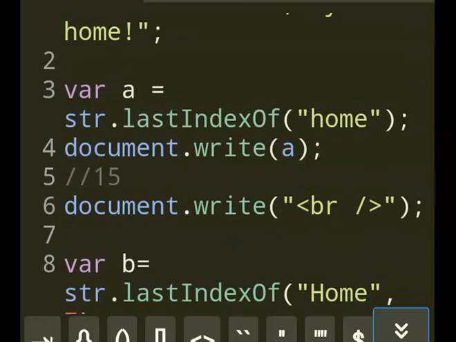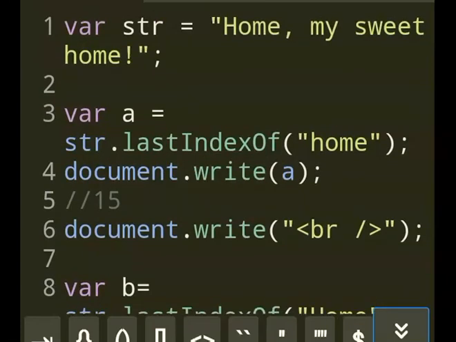Go back to position 10. So 0, 1, 2, 3, 4, 5, 6, 7, 8, 9, 10. So W is position 10, work backward. 9 is S, then count accordingly. Space 8, 7, 6, 5, 4, 3. So the E position is number 3, which belongs to the capital Home, the first word.